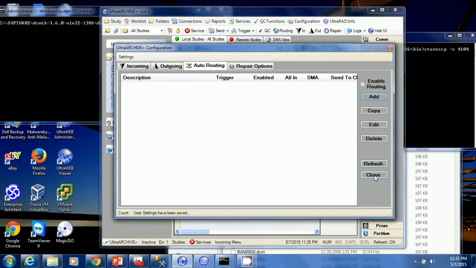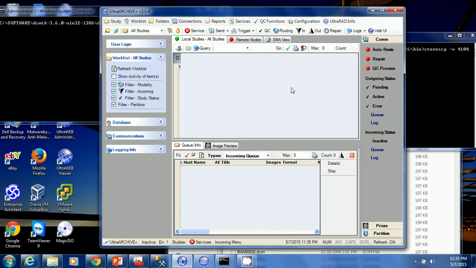But one of the disadvantages of setting up routing rules this way is that the study would have to be received completely first before it routes. In order to parse those more complex routing rules completely, when an association is opened, let's say a large CT is being sent to us, and the CT had 5,000 images in it. The association is open from the modality. All 5,000 images would be sent to us. We would process all 5,000 and then begin routing those once we've processed them,